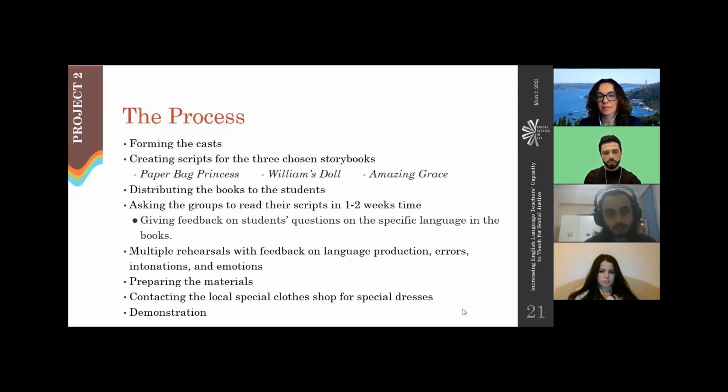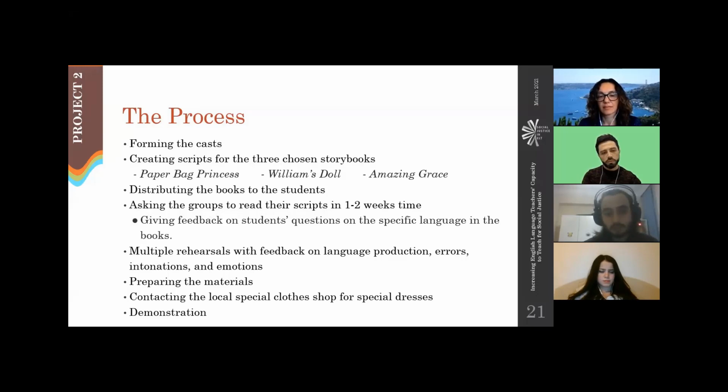Well, the process, first of all, I formed the casts, the 3 groups. At the initial part, 40 students just contacted me for involving in the project. But of course, I needed to choose some students for 3 groups. But I didn't just eliminate the other ones. I just mentioned that, well, you can join the rehearsals, you can always watch us, you can even take part in this. So some of them came to the rehearsals, and they learned quite a lot of things when we consider social justice and English language, like vocabulary, pronunciation of specific words.